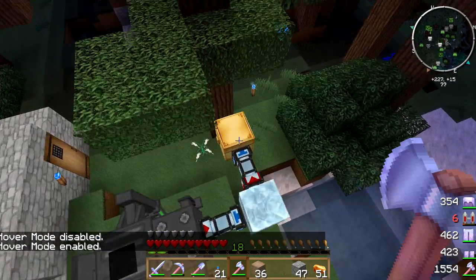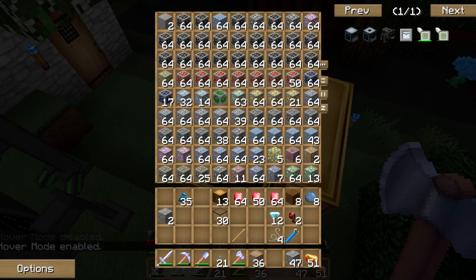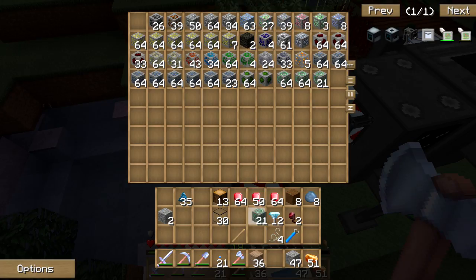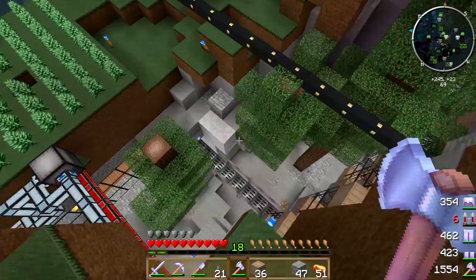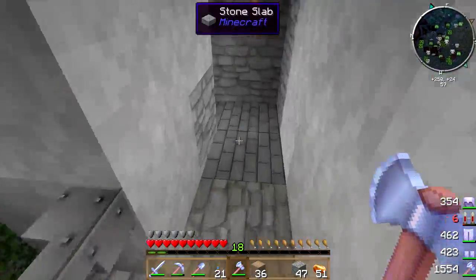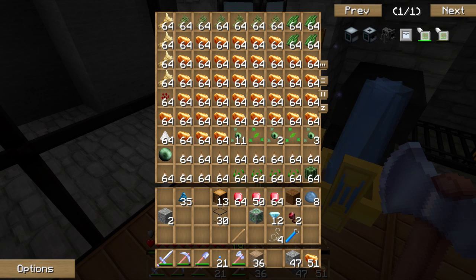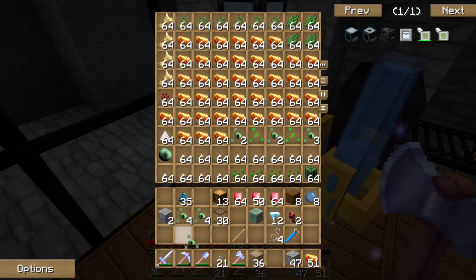Because I know I have a ton over here. Is that it? Nope, that's earth infused. Alright, must be in this one. Yep, right here. Essence. Right? It's not in here. Ooh, but this is. I think that's what we need for